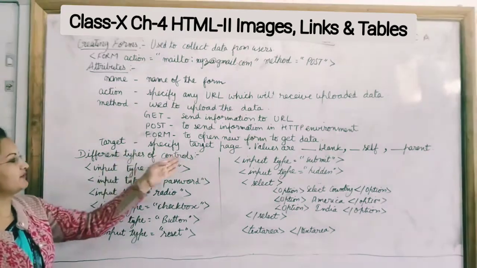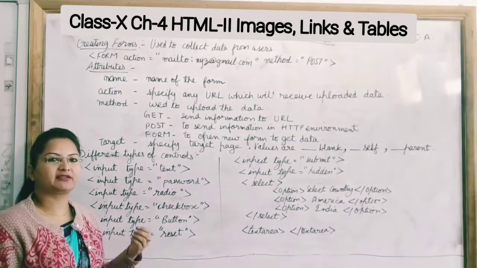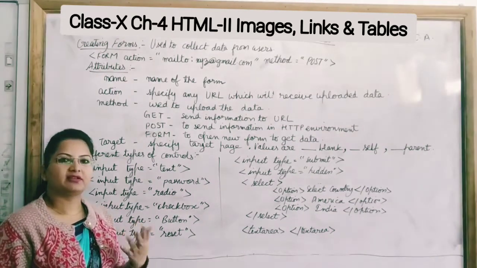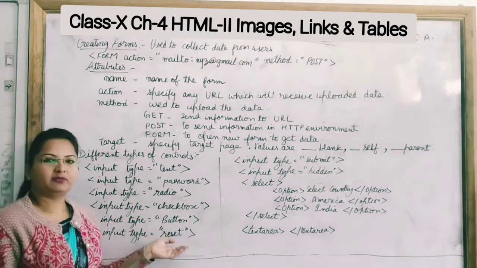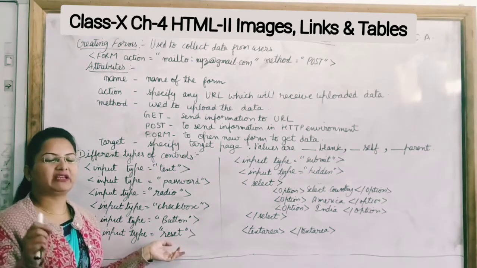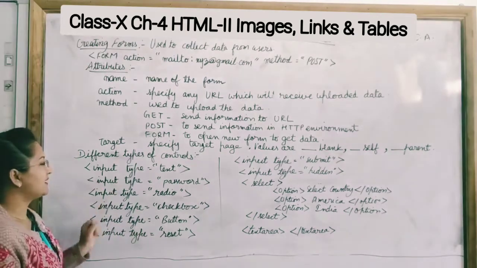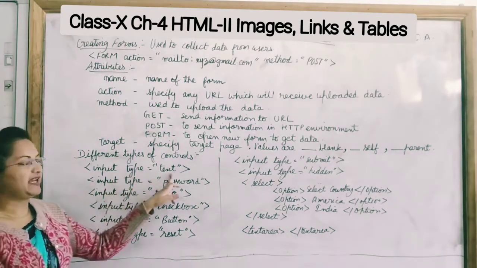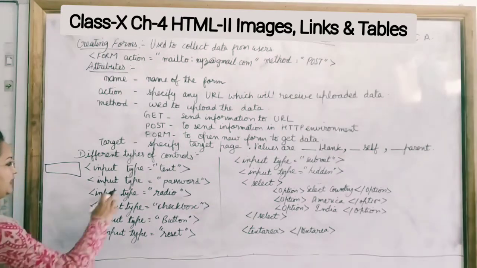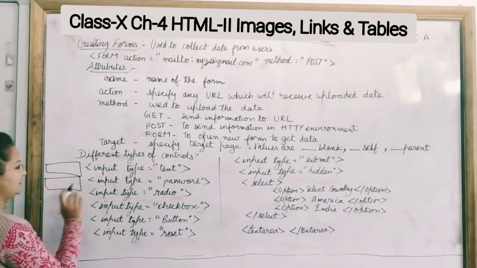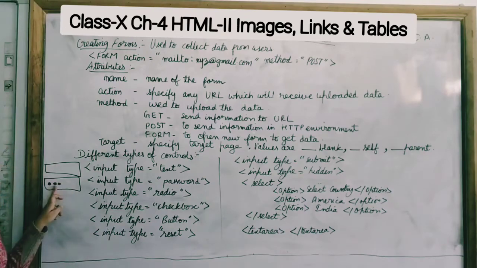Now students, these are different types of controls. I have given you examples of text boxes, passwords and email addresses, then radio buttons, check boxes, etc. Now how can we put those text fields, password fields, email field, text area or a select box, etc. in the form? These are some controls. Like if we write input type text, we will be able to see this text box in the form. Then password, if we write this, then the password will be hidden. If we type something in it, we will see something like this.